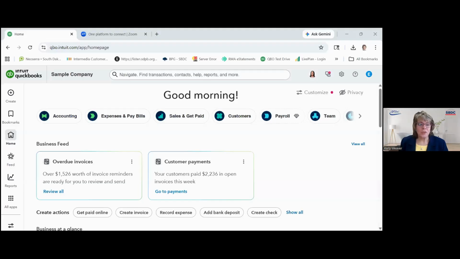So with that, I am going to share my screen with the training platform here. Of course. There we go. I have too many screens open. I had to figure out which one to share.